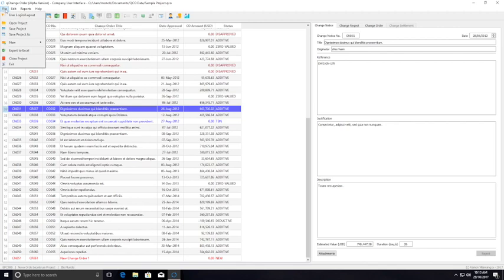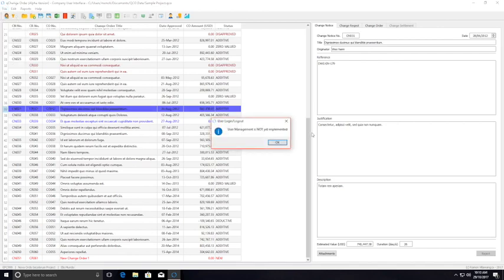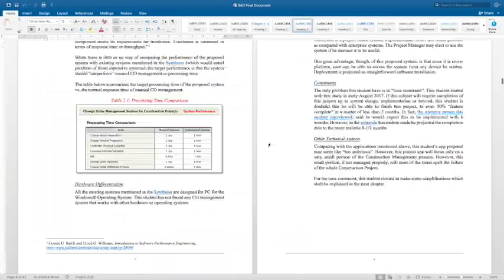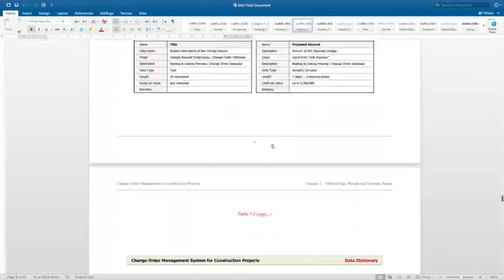The first menu is the file menu. It says here user login and logout. Of course, this is not yet implemented. Sorry about that. As I told you, the one that will be implemented